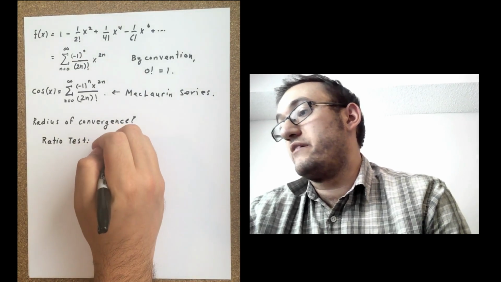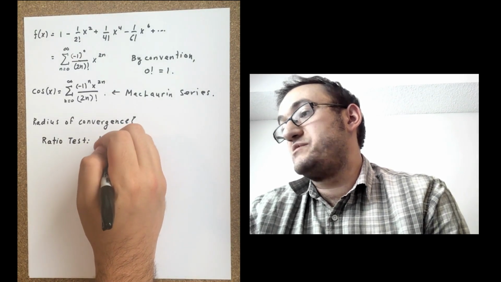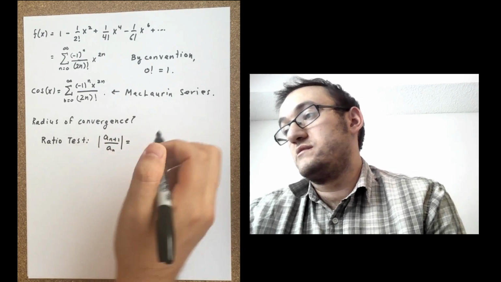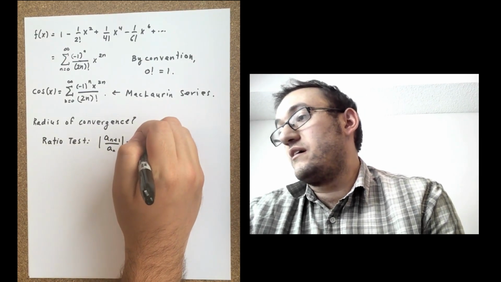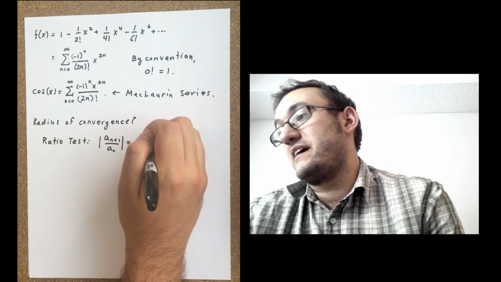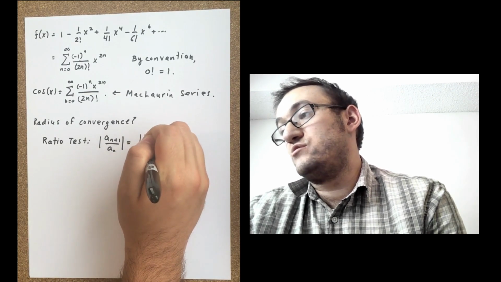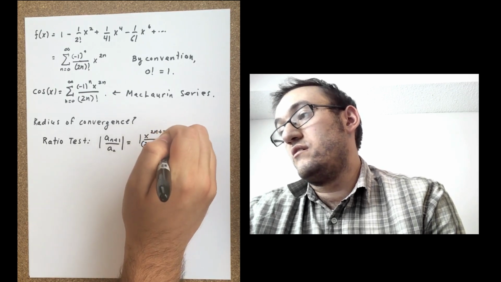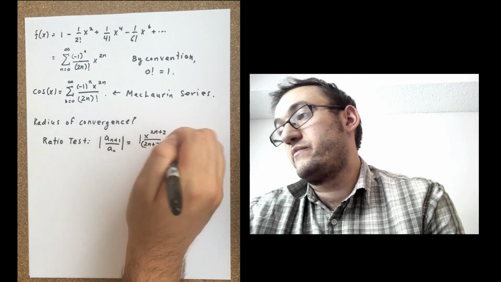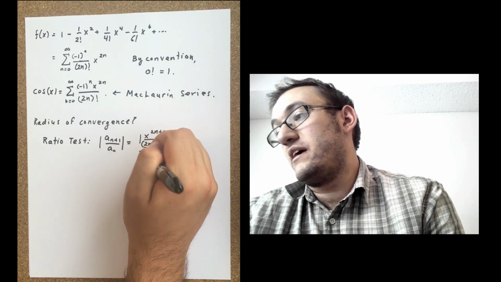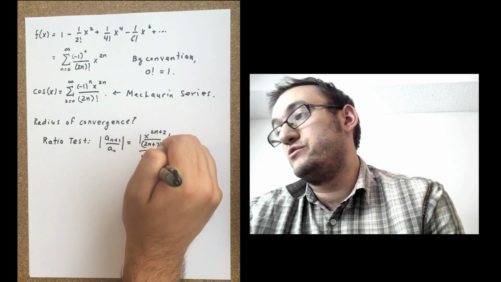So we have the absolute value of a sub n plus 1 divided by a sub n is given by the absolute value of x to the 2n plus 2 divided by 2n plus 2 factorial, divided by x to the 2n over 2n factorial,